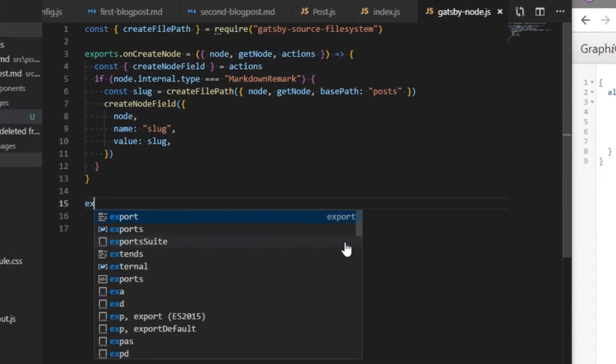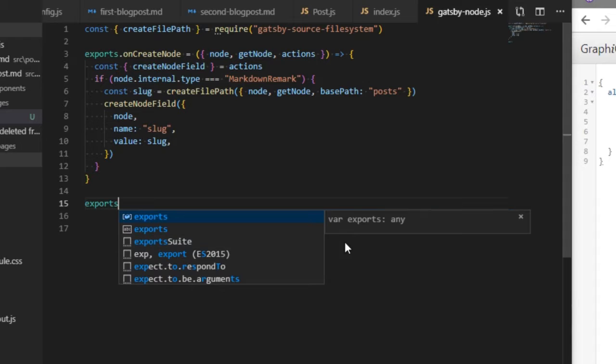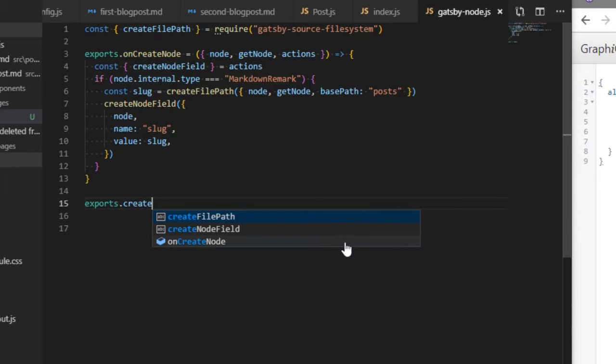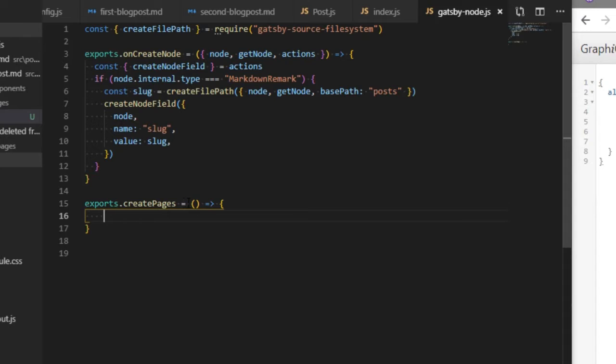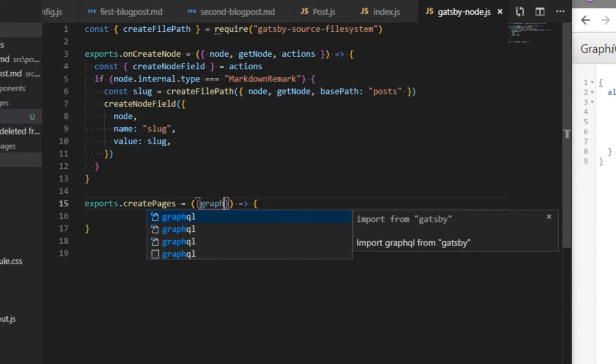So here let's type exports create pages, that's going to be equal to an arrow function, and that arrow function is going to receive an object from GraphQL. Now one thing to note here is that you do not need to import GraphQL